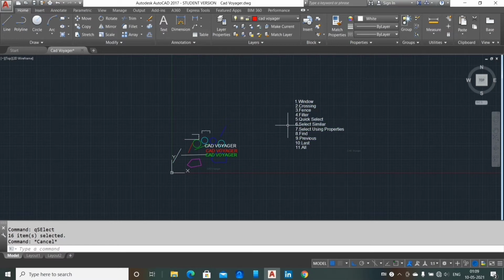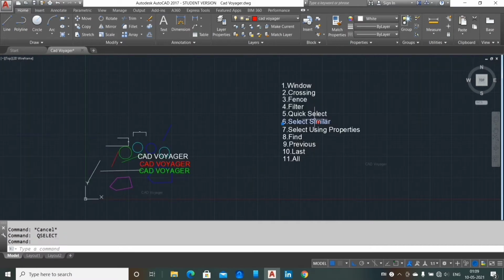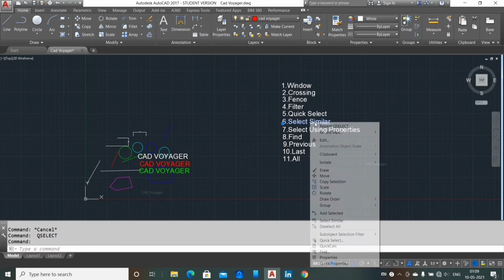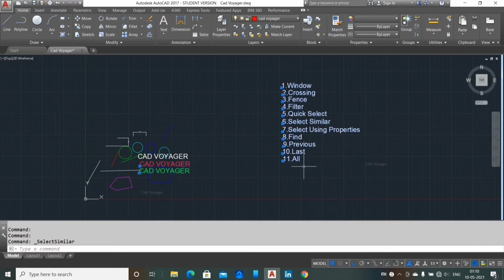Next we are going to see the select similar command. Before using this command, select an object that you are going to work on and then apply this command. You can see a dialog box appears. Click select similar there. Now you can see the objects that are highlighted. Clearly, the highlighted objects are only those of the same object type and same layer.